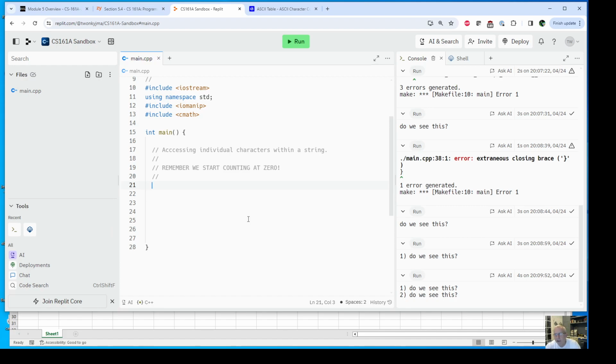We start counting at 0 in almost all cases when we're doing things in programming. So I'm going to create a string. Okay, hopefully I got that right. And so I can say the first character is